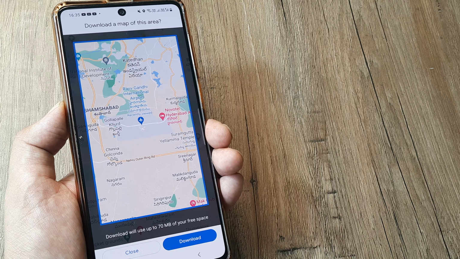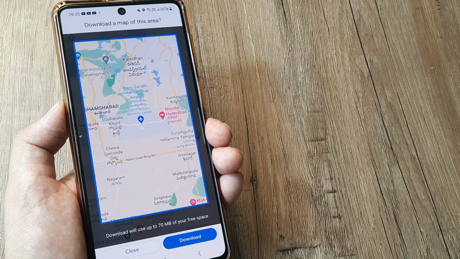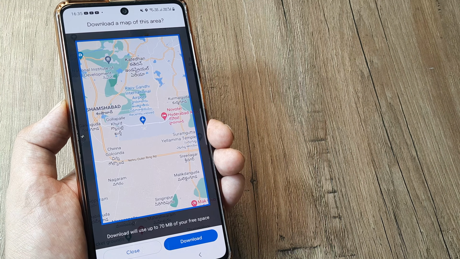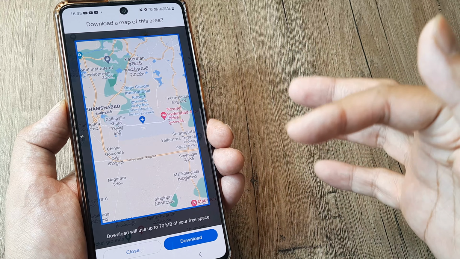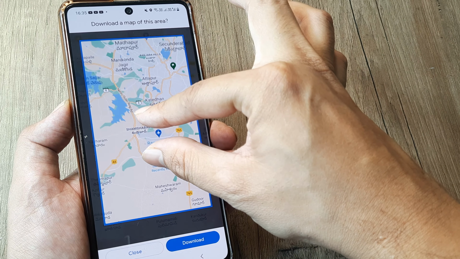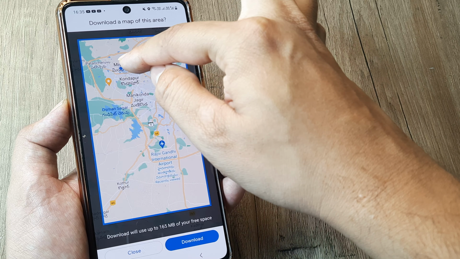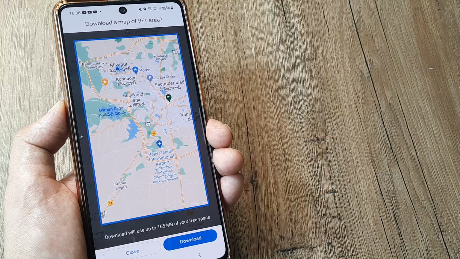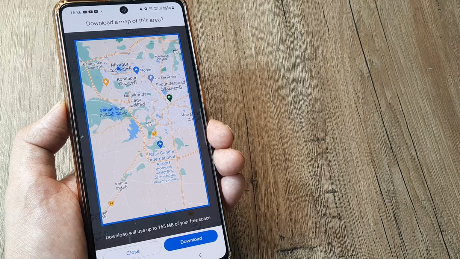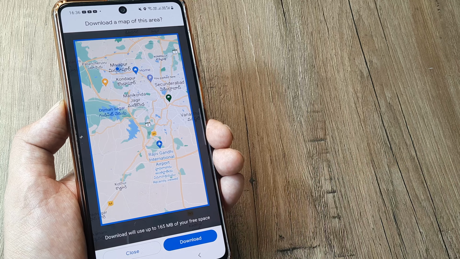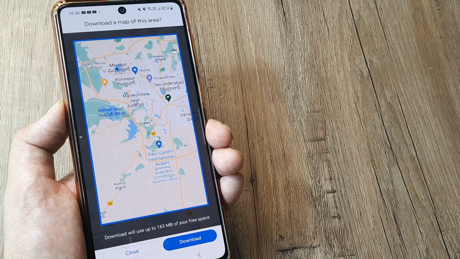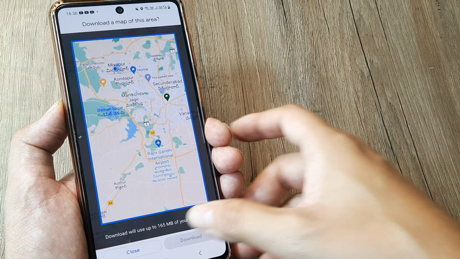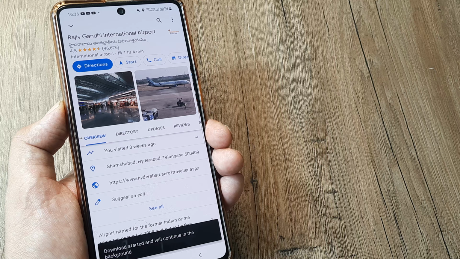Now, this is something pretty important. What it brings is a default compressed map, and this may not cover the whole route. So, I stay at Miyapur, so I need to zoom this a little bit more so that my home is actually covered and Rajiv Gandhi is also there. So the airport route is pretty much in this map which I see right now. Yes, it does consume a little more space, but it's okay because I now have the complete route in case I happen to go offline. So what I can now do is click on download and this process keeps happening in the backend.